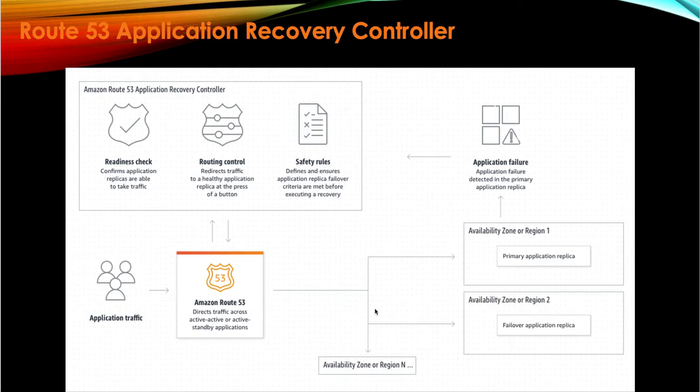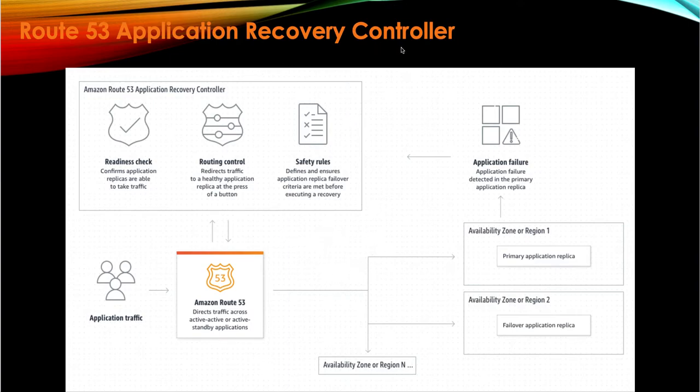But there are certain scenarios, like suppose you want to do a manual failover from one region to another region because of increased latency in one of the regions for one of the services. Because of that, your service or your application might be impacted and you want to do a failover for that. There might be other use cases as well, which I'll be covering towards the end of this video. So please watch this video till the end, and you will get to know what all use cases this Application Recovery